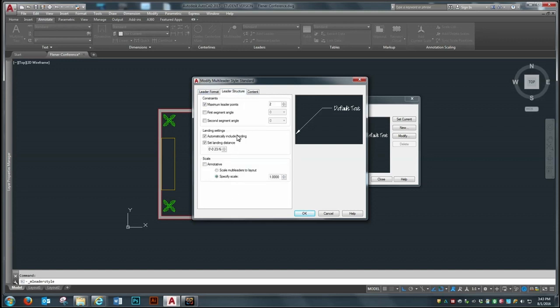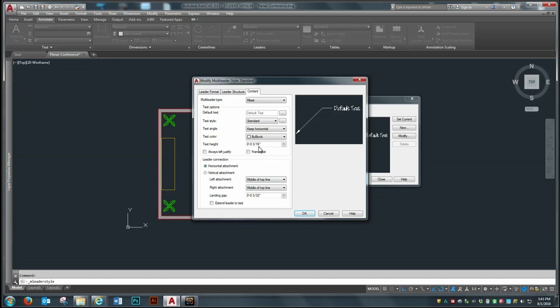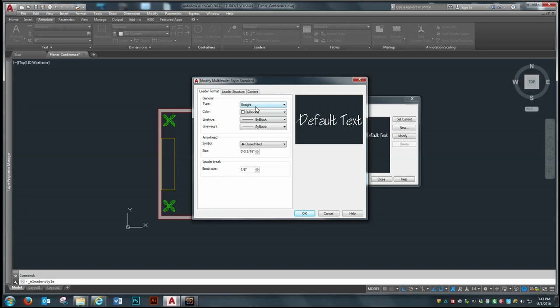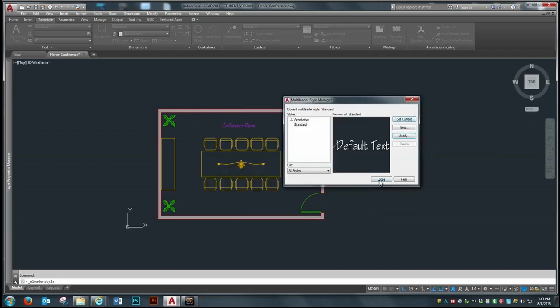and the leaders, the content, the text height, let's go 4, because it's not as important as the room name. Leader structures, you could have 2 leader points. Under leader format, you can have straight or a spline text. Let's do straight for this time. And then the arrowhead size will be the same size as your text, so 4, I think it was. Hit OK, and then